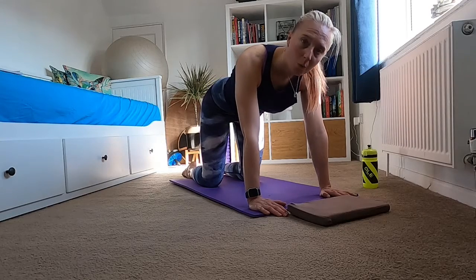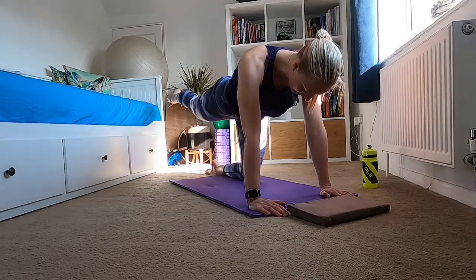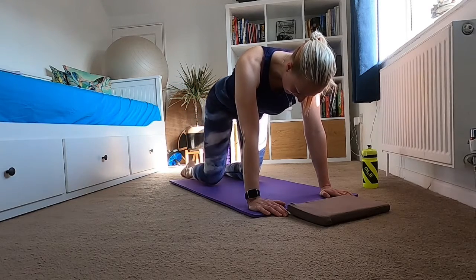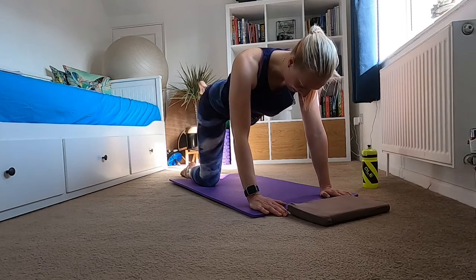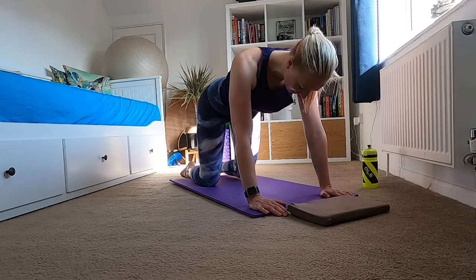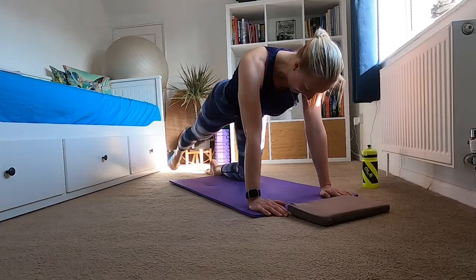Just check where you're placing your knees, so make sure your knees are coming back underneath your hips and you're not bringing those knees in closer to your chest. Stay in your nice box shape, core engaged, think belly button to spine, eye line stays down in front of you. One more time on each side, stretch out through that leg,